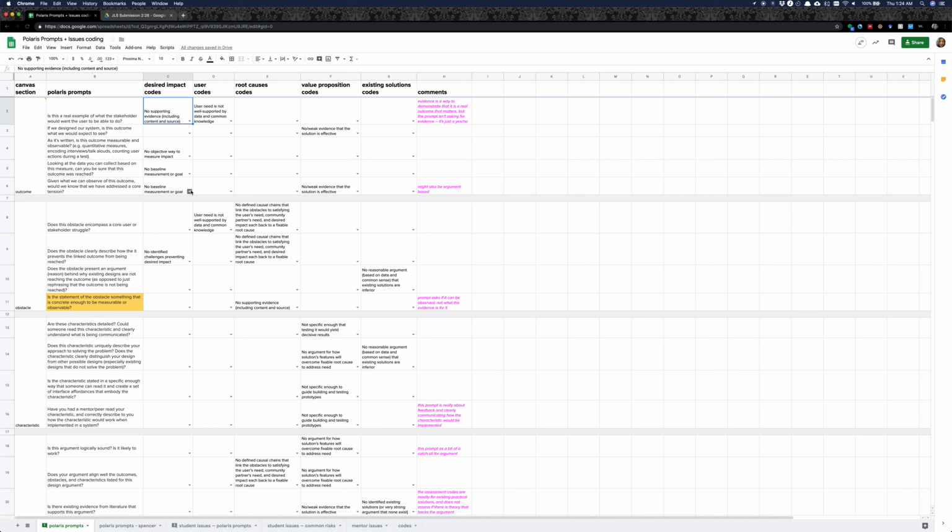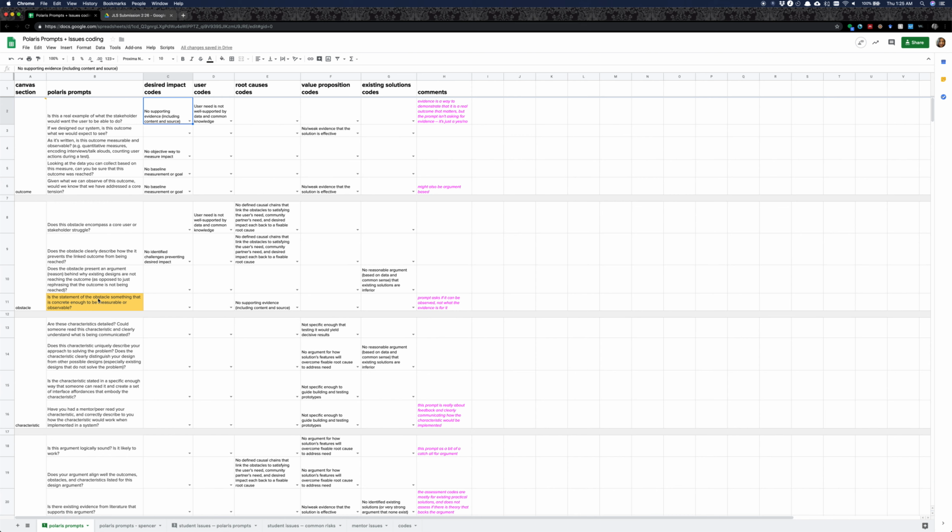But after a quick debrief immediately after both of us finished coding, our high-level takeaway was that it seems like the common risks that students encountered in the human-centered design project space were less specific and in less detail than what the Polaris prompts seemed to be trying to assess in an ARS student's design argument. So I guess as a concrete example, one discrepancy that we both found was when an